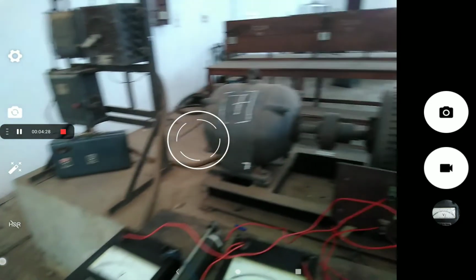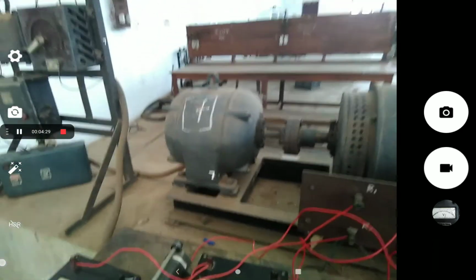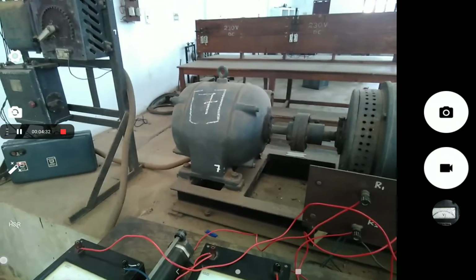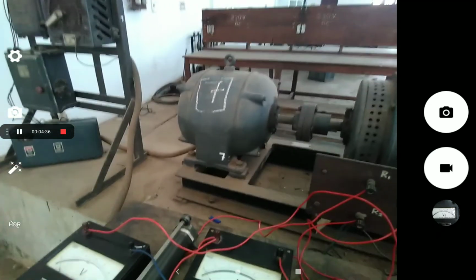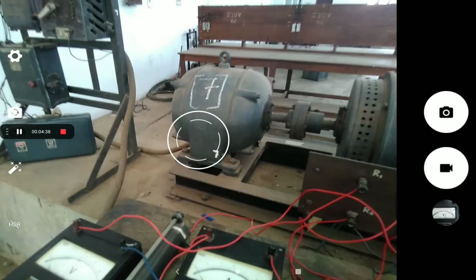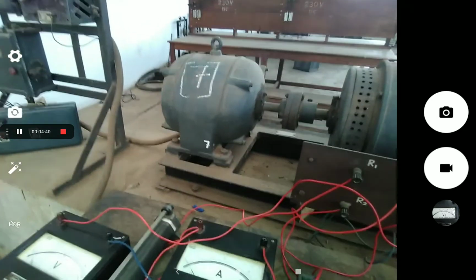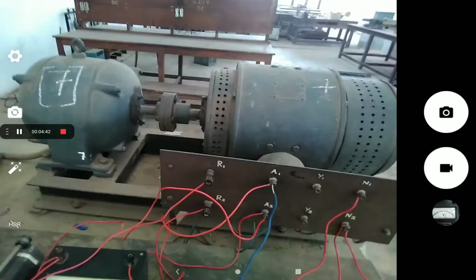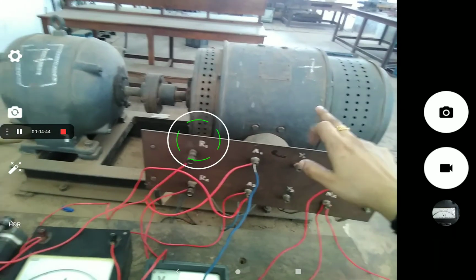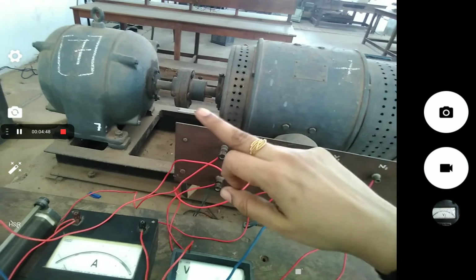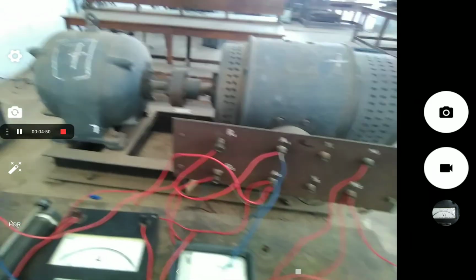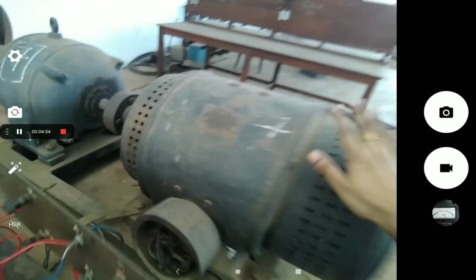Okay, so that starter is used to start our induction motor or prime mover. Okay, so we are giving three-phase supply through a star delta starter to our three-phase induction motor. The three-phase induction motor is the prime mover of our DC generator, and this DC generator will get the mechanical energy through the shaft which is coupled to the induction motor. Okay, so constructionally it is a compound generator.